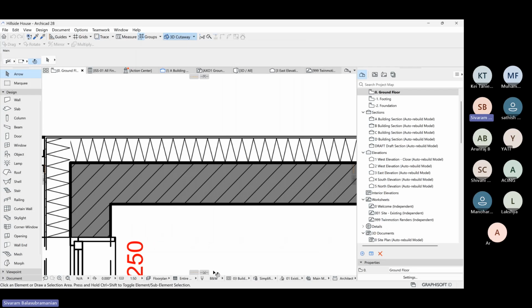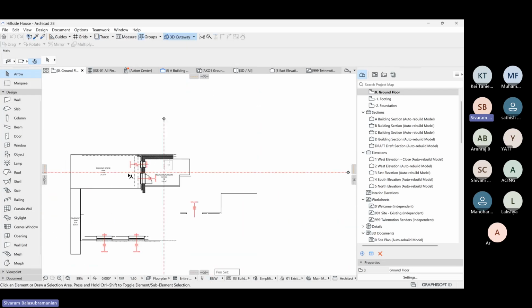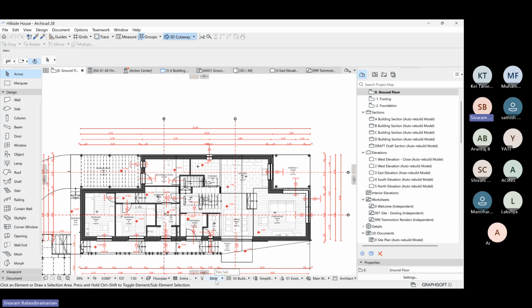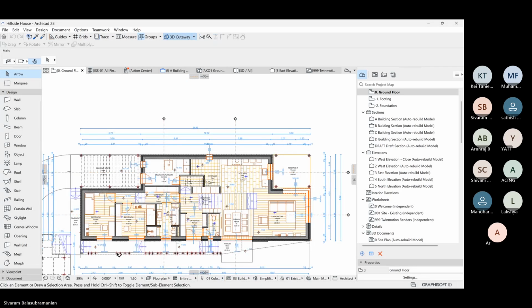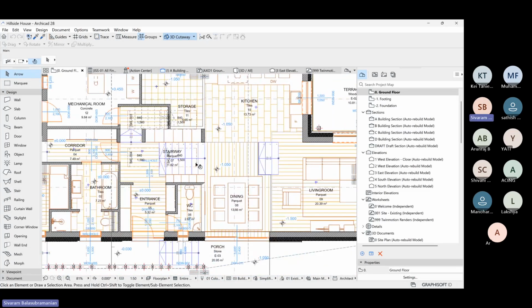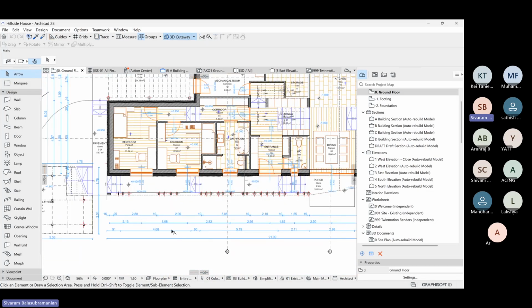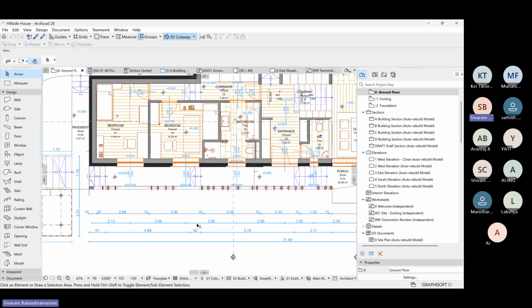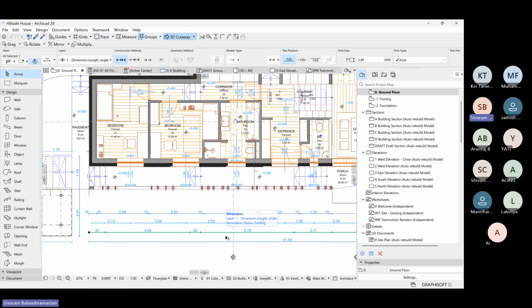For example, now you can see this floor plan that we have here is set to black and white pen set. If I switch it to color conceptual, you can see all my internal slabs have a colorful hatch, and my dimension is now in blue color. So how it happened basically is for this particular color conceptual pen box, for example, this dimension is now in blue color, right? Let's go to the dimension setting here,